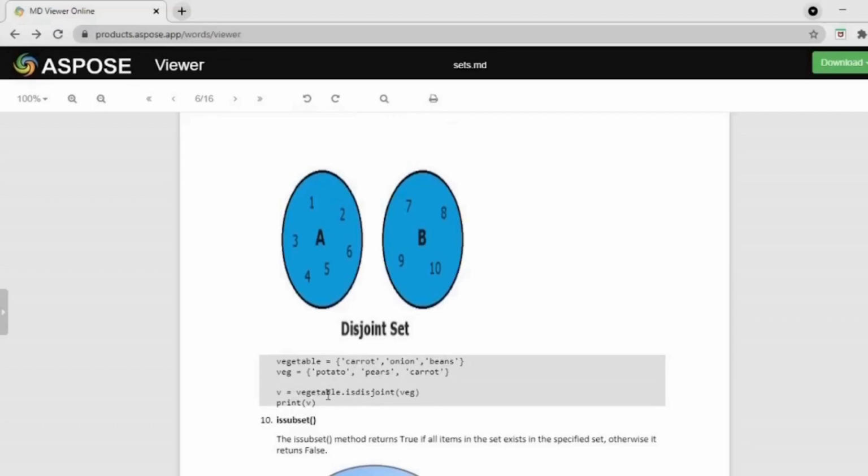If vegetable dot isdisjoint of veg, are vegetable and veg both disjoint? No, because carrot is common in both. Isdisjoint will return false.